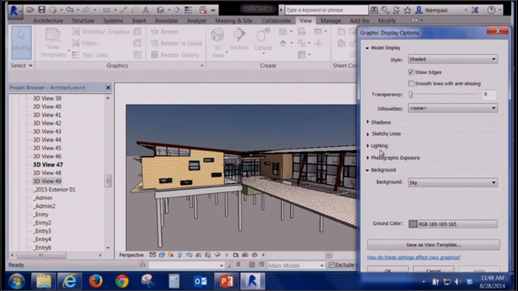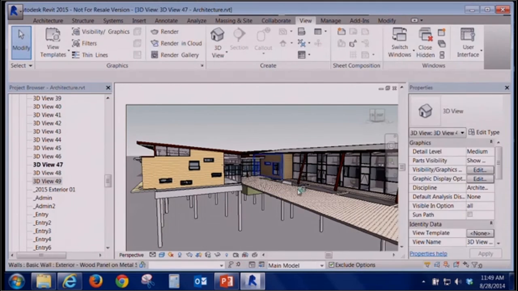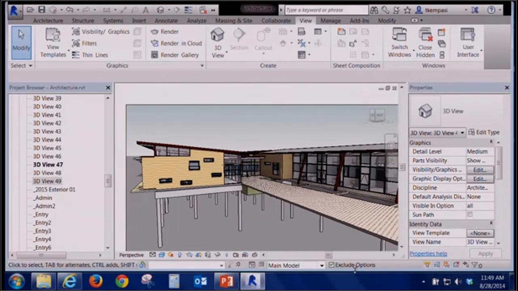What was the setting for? Okay. Or we can use a gradient, which will just give you a sky color and a ground color, and just kind of goes on a gradient between there. So you know, start to get a little better looking graphics than just that hidden line model